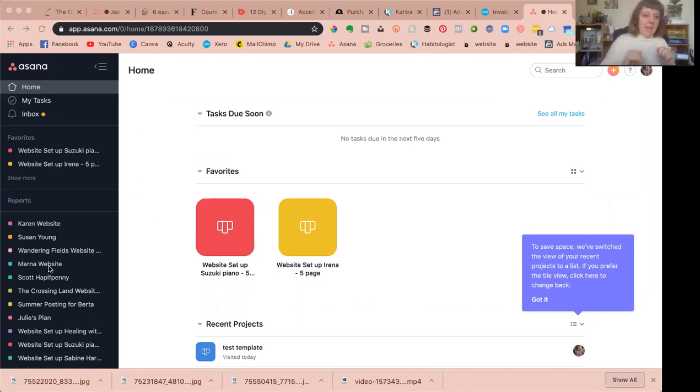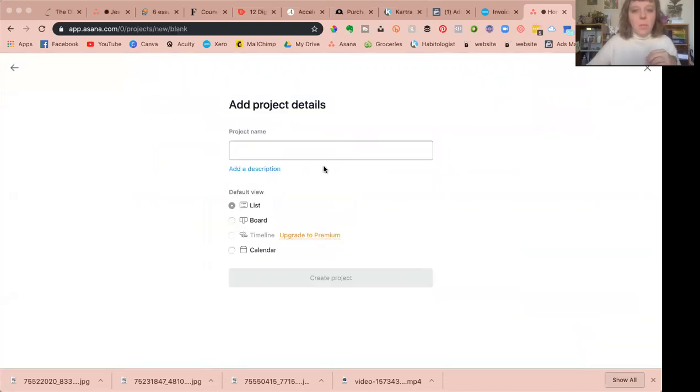So we've all made the mistake of creating a template and accidentally starting to work in it. It's fine, it's not the end of the world, but that's all there is. It's just a mental attitude: this is my template and I only work in a copy. Now, my favorite way to work in Asana to do this template is to create a project. I also personally love the board view, and